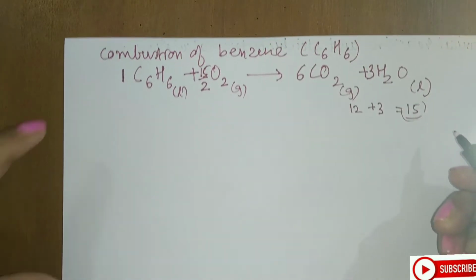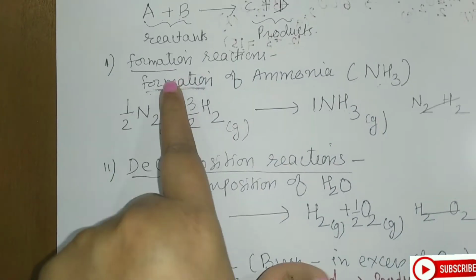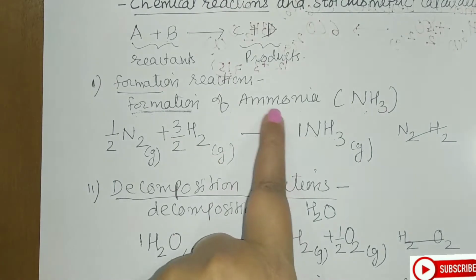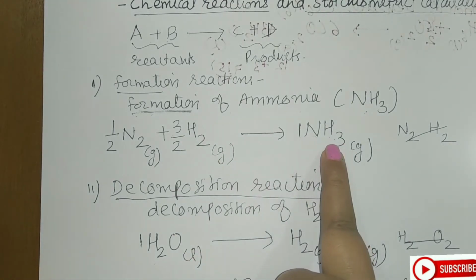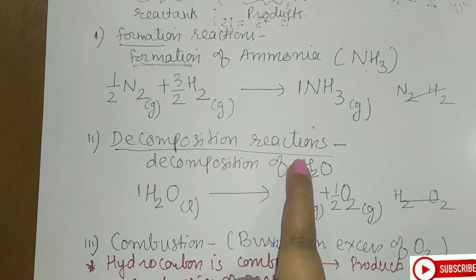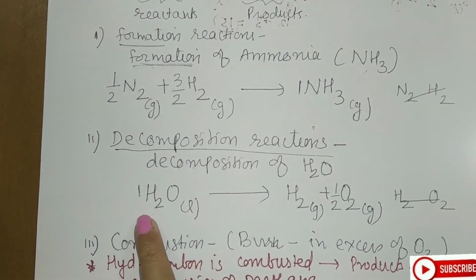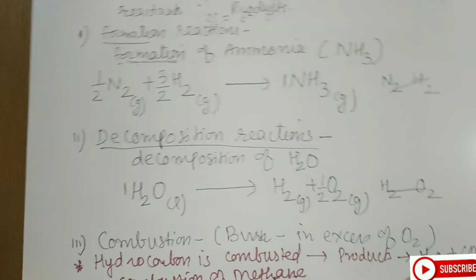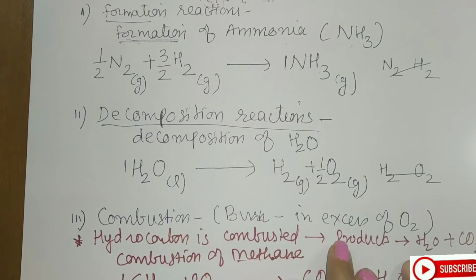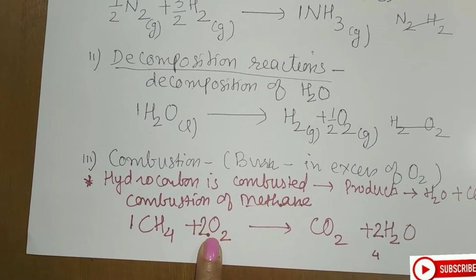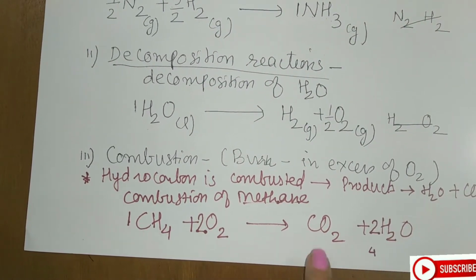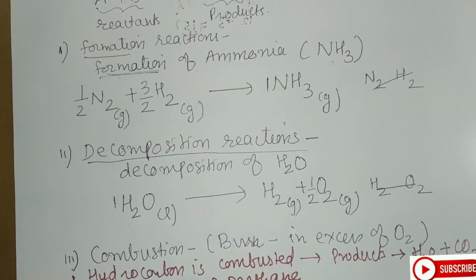Now, the next very important concept. Students, what we have studied is, first we have seen the formation reactions. In formation reactions, whatever is given, you have to put on the product side because it is getting formed. In decomposition reactions, whatever is given, you have to write on the reactant side because that decomposes. Next is combustion. Whatever compound or substance is given, you have to burn that in excess of oxygen and then balance the equation keeping that as 1 mole. The products must be carbon dioxide and water.